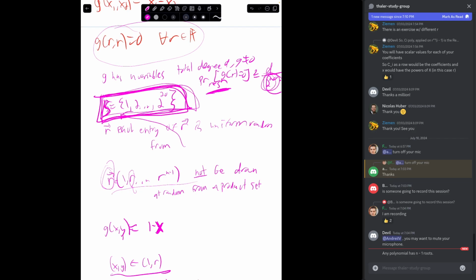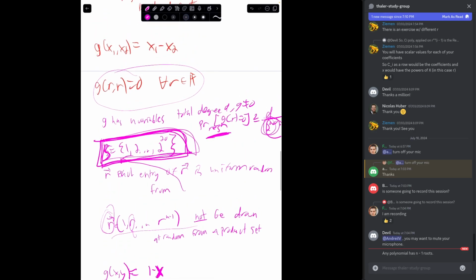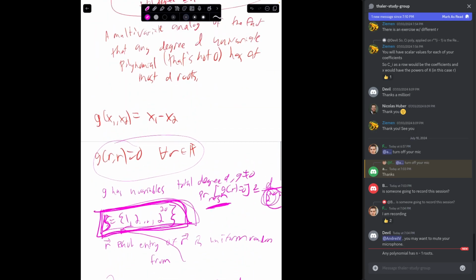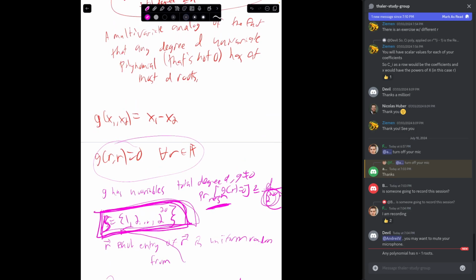That is something that any SNARK designer that works over the Goldilocks field has to deal with. Typically, when you apply either Schwartz-Zippel, or for univariate polynomials the univariate analog, that any degree D polynomial has at most D roots as long as it's not the zero polynomial,